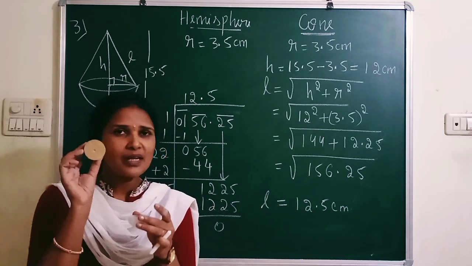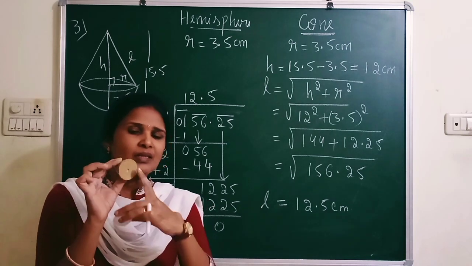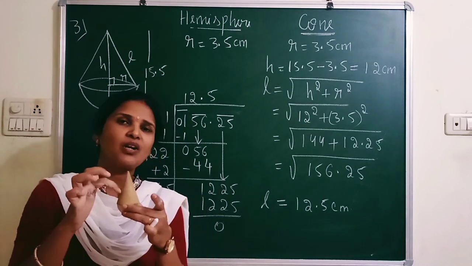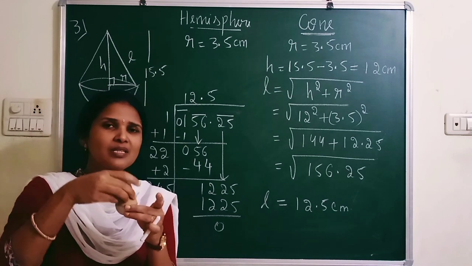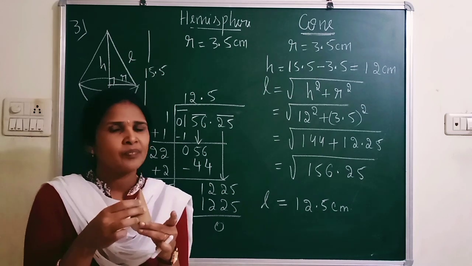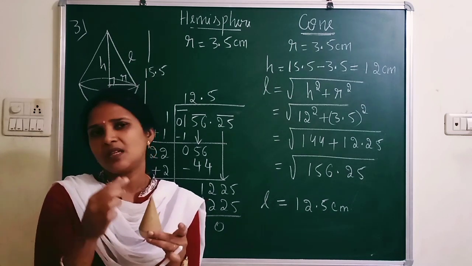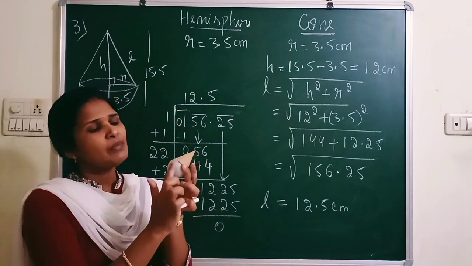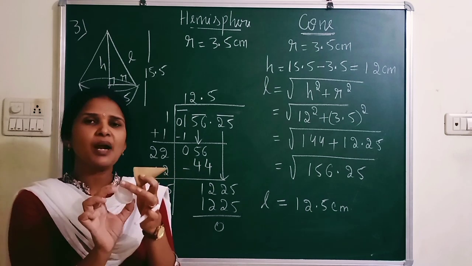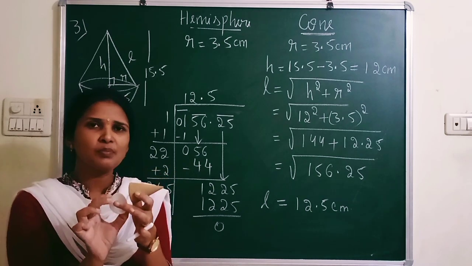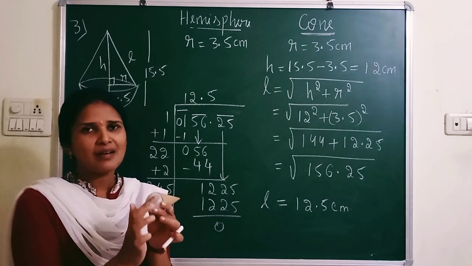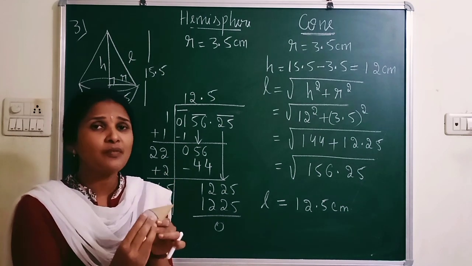Now, I cannot take the TSA of the cone. Why? Because this circular part cannot be seen. So only the lateral part of the cone can be seen. What do we call this part? We call it the CSA of the cone. What is the CSA of cone formula? Pi r L. Next, the hemisphere. Even in this you cannot see the circular part of the hemisphere. So we can see only the lateral part, that is half of a sphere.